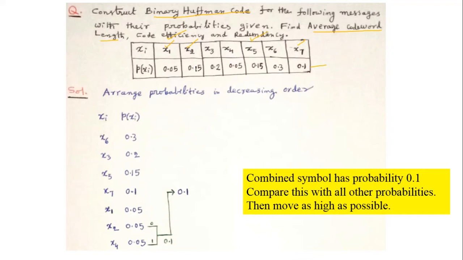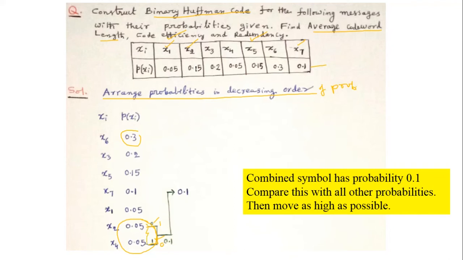of the source. See, the first step is to arrange probabilities in decreasing order of probability. Highest probability first and the lowest last. And the second step is to combine the two lowest probabilities like this. Upper branch we assign 0, lower branch we assign 1. We can also assign upper branch 1, lower branch 0. It is up to your choice. We get different codes. That is the only difference.